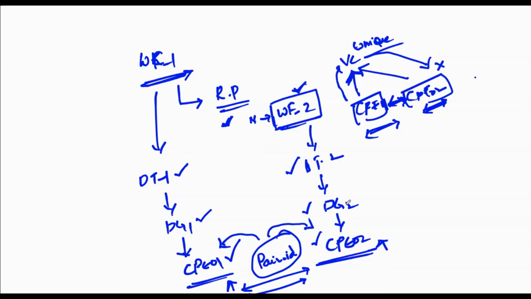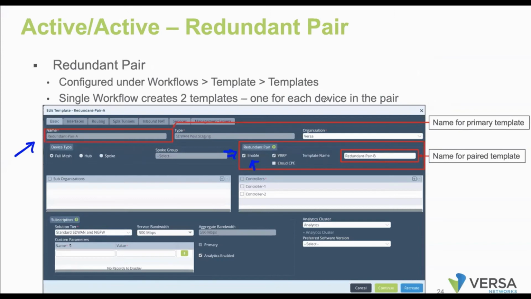So the same configuration, we are going to do on CP02 as well. While configuring these devices, we are going to mention the same pair ID. Then the extension of the WAN circuits is going to happen. If you look at the configuration front, this is what is going to happen.